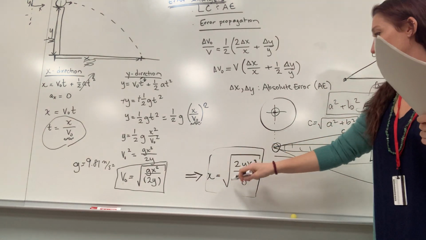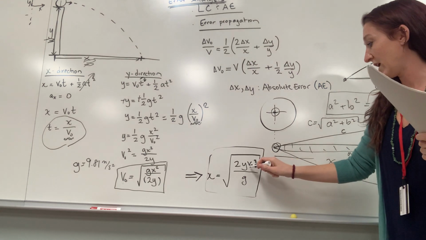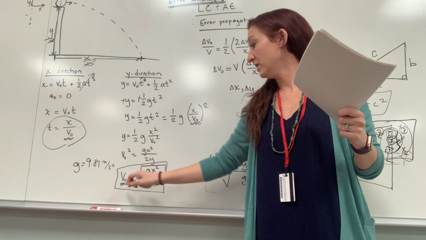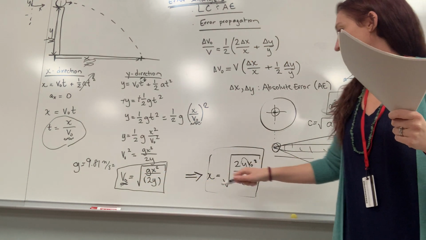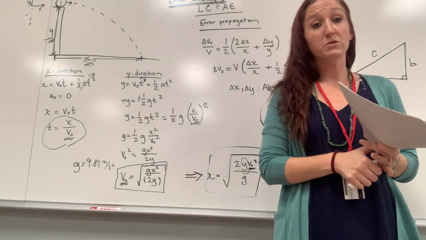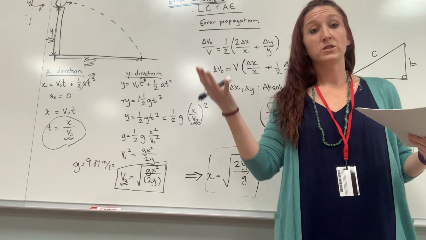Our x equals the square root of 2y times v naught squared. So again, you're using your v naught that you found right here, and you're just plugging in for y this time instead of x. So we're trying to find how far this ball will now shoot